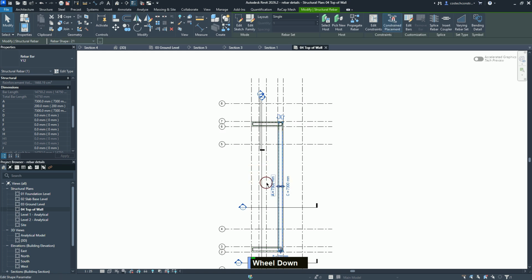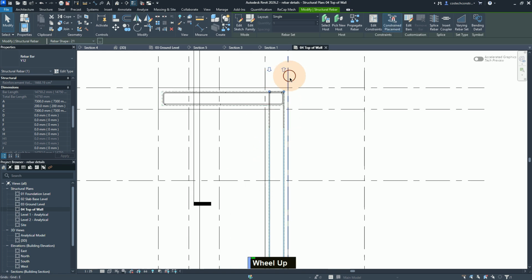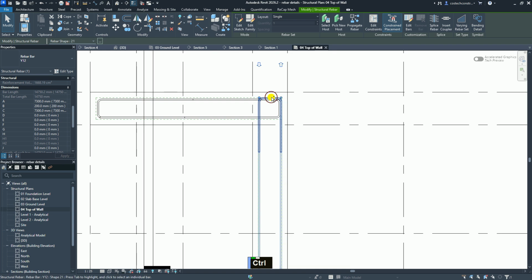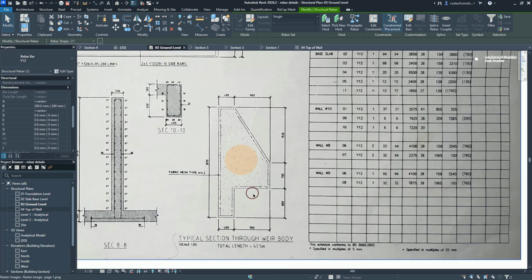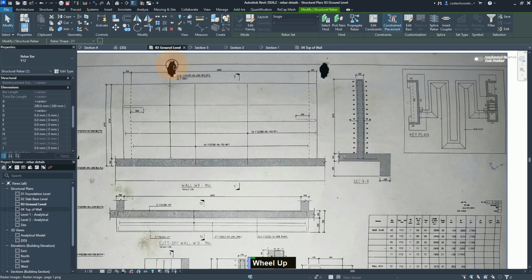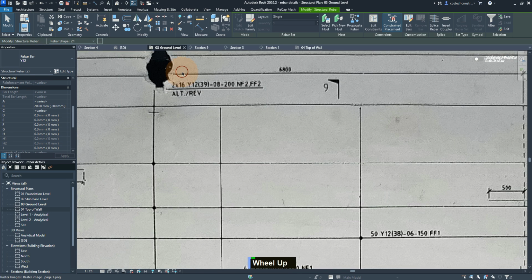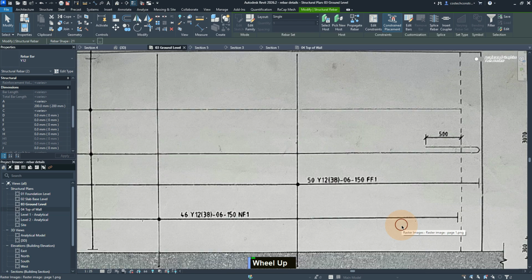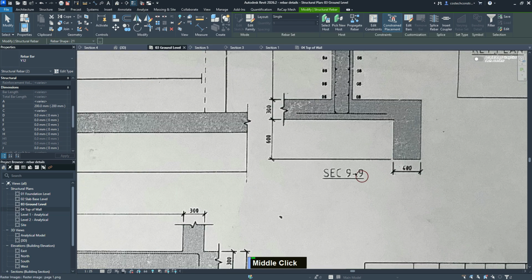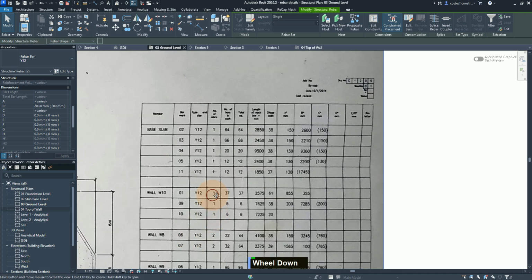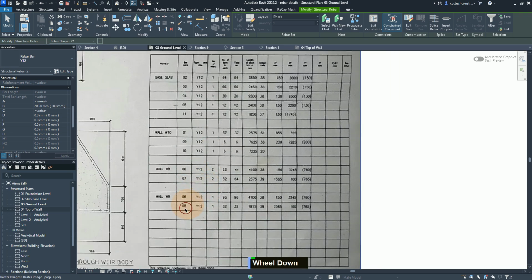So we see that A is on this side, which is okay now. I'll select this top Rebar Set. Now with both these two Rebar sets selected, we can go to the ground level. Then from here we can look at our drawing details, and we see that it is under bar mark 08. So we can go to the schedule. So I'll zoom to the schedule here, and for all bar mark 08 here,